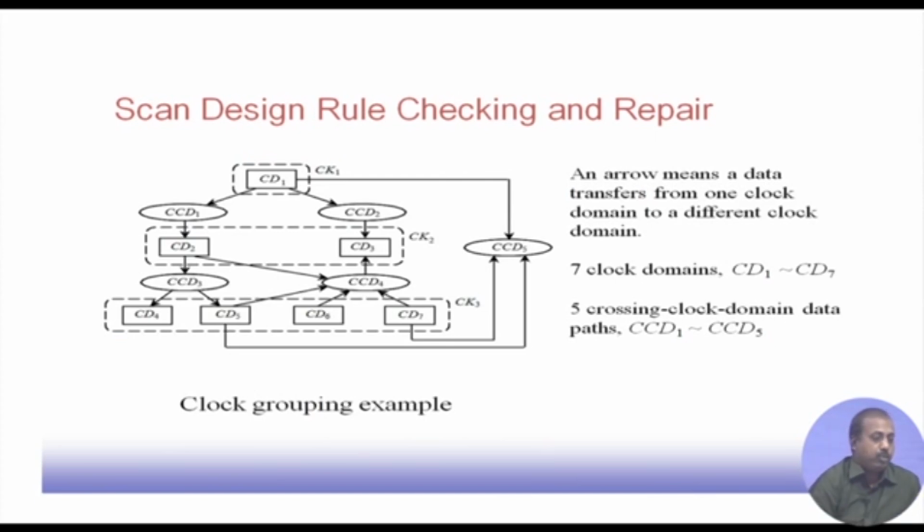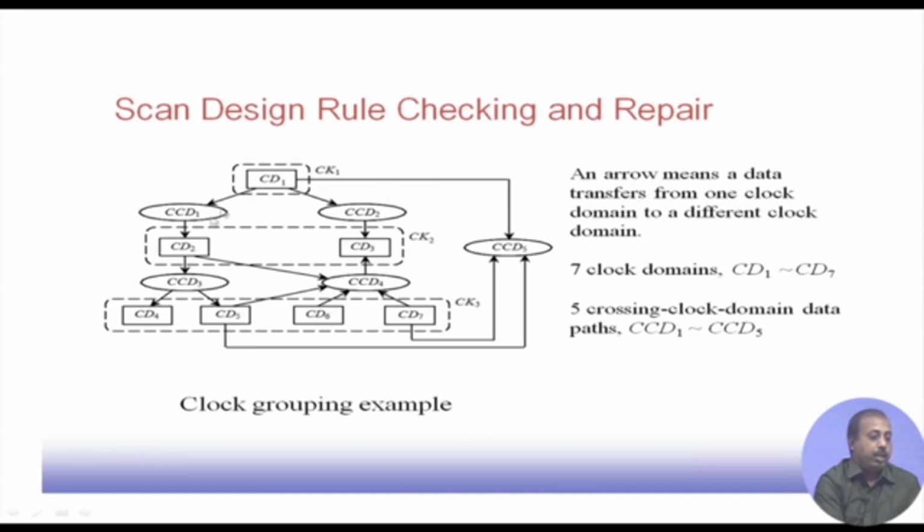So what sort of scan design rule checking and repair can be done? You see that it may so happen that in my circuit there are several clock domains, like CD1, CD2, CD3, CD4, CD5. So they are different clock domains. What we mean is that all modules in a particular region are driven by the same clock. Now it may so happen that from clock domain 1 to clock domain 2 there is a signal